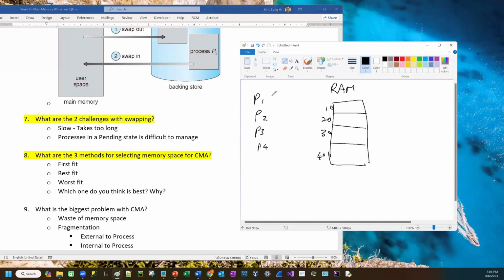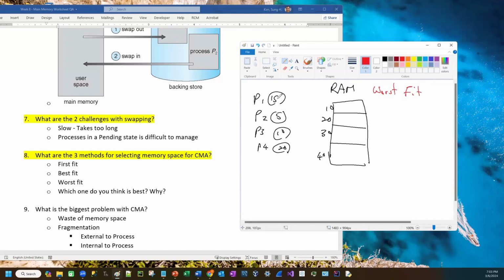And maybe P1 needs 15, P2 needs only 5, P3 needs 10, and P4 needs 20. So when the first one comes in, and this is now the worst fit,